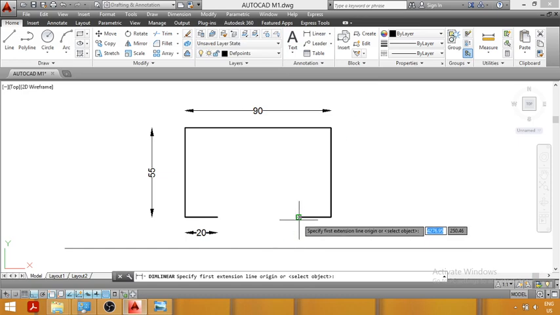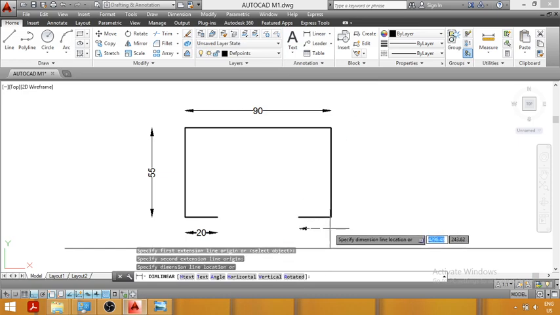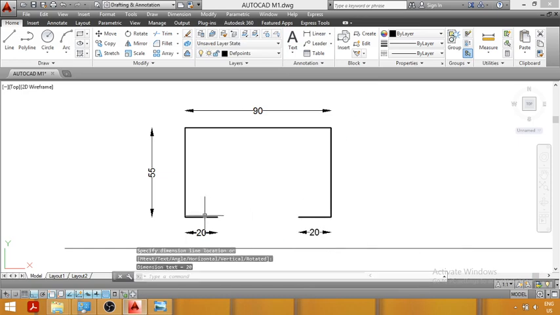Again, the distance from this point to this end is equal to 20 mm. So first we have drawn a vertical line of height 55 mm, then a horizontal line of length 90 mm, and then again a vertical line of length 55 mm, and then two horizontal lines of length 20 mm.